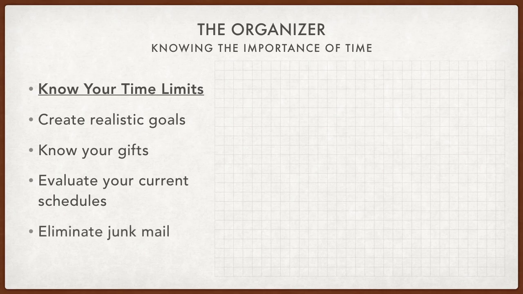Eliminate junk email or junk mail in general. You don't want to put things in your life that clutter it up or bog it down or distract you from what you're supposed to be doing. A lot of times when I'm checking emails or working through some things that I know are very important and I can't find an email, it's because I have so many other emails, and a lot of those could be junk email or spam or something that comes in, whatever you want to call that.